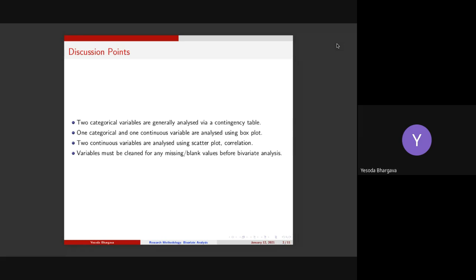What remains understood before we delve into bivariate analysis is that our variables have been cleaned, because obviously we did univariate analysis before bivariate analysis. Each variable should be looked at for its valid values and applicable values, and all the missing blank values or values that do not make sense at all must be removed, or some decision should be taken about what to do with them. And this is important only when we look at the codebook definitions of the variables.